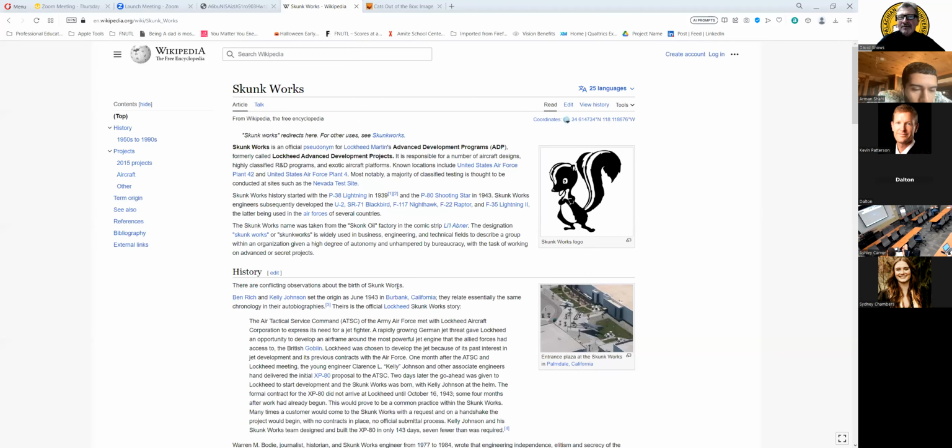That funny little skunk is from Lockheed Martin's Advanced Development Program, the ADP. That symbol is what's known as the Skunk Works. So what is the Skunk Works? Well, the Skunk Works is a separate division of Lockheed that brings together disparate groups inside Lockheed's organization. They give them a ton of money, and they totally disconnect them from any other responsibilities. In other words, they're free to create.